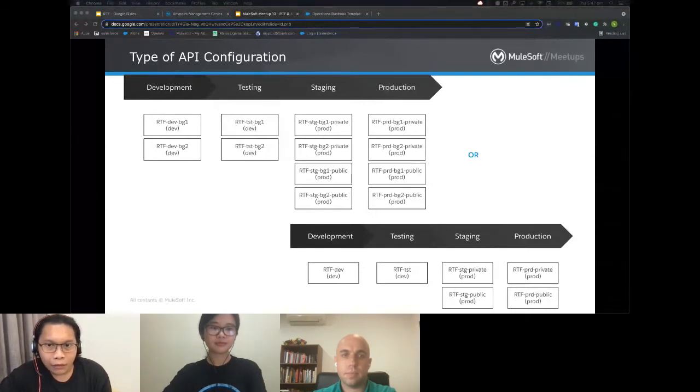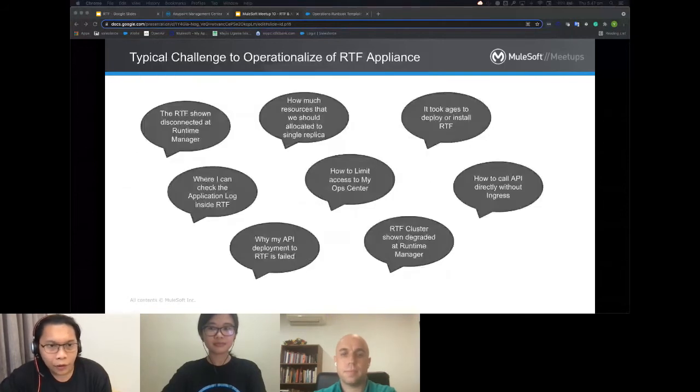Next, we move to the next agenda: the typical challenges in production when you operationalize the RTF. These are typical questions coming from L1 and L2. Somehow RTF is shown as connected on the runtime manager, so where can I check the application log inside RTF? How much resource do I need to allocate for one single replica, one single application?